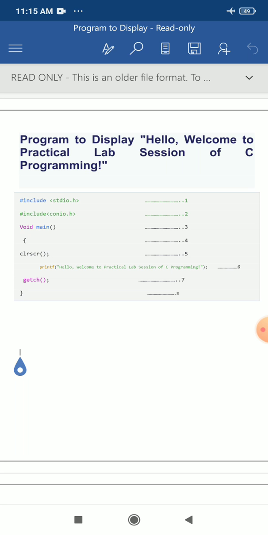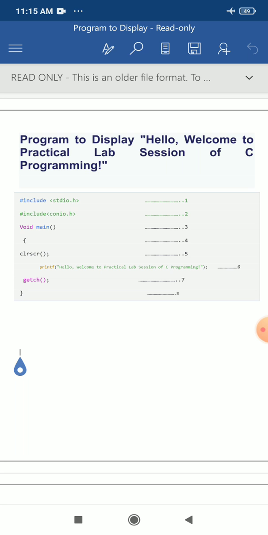In our program we are using a function that is printf for outputting. Whenever we require to display our data, we require an output function, and for that output function we require a header file that is known as stdio.h. So dear students, if we want to print the message with the help of the printf function, then we require the stdio.h header file. Then here in the second line we have another header file that is conio.h.